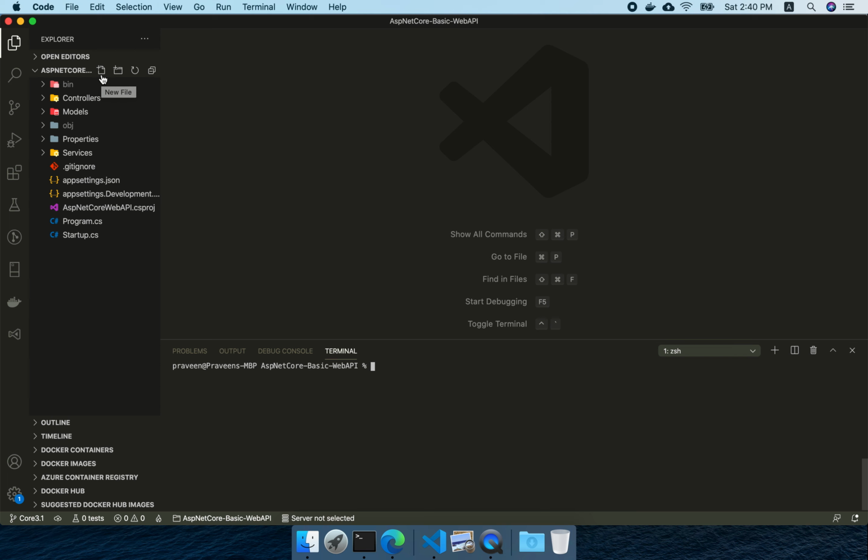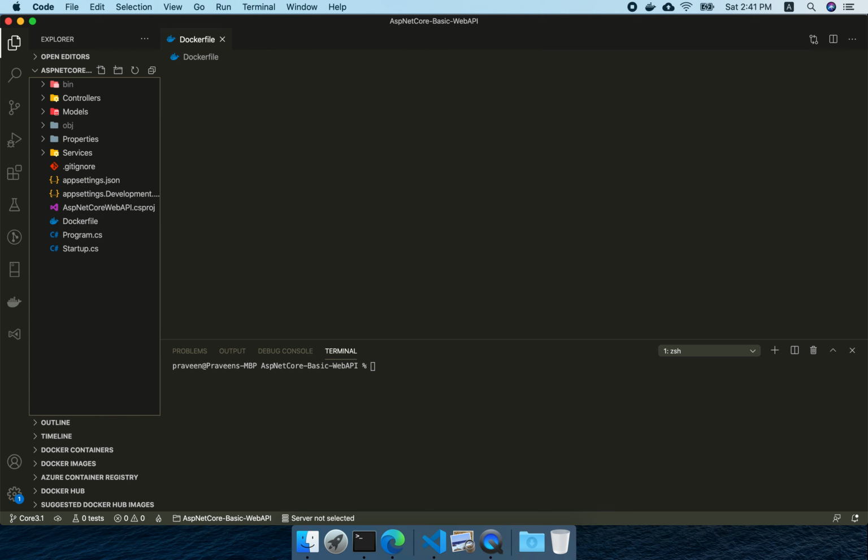If many people request, in the future I'll make a video on what Docker is, why we need it, and the whole picture of Docker, based on what people ask. For now I'll assume that whoever is watching is aware of Docker. For this you have to create the file, which should be named Dockerfile.